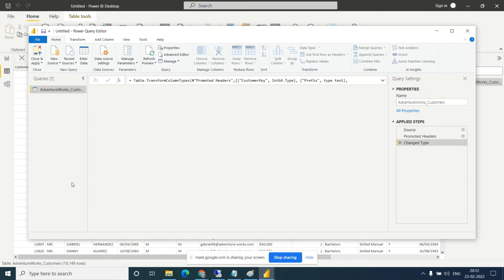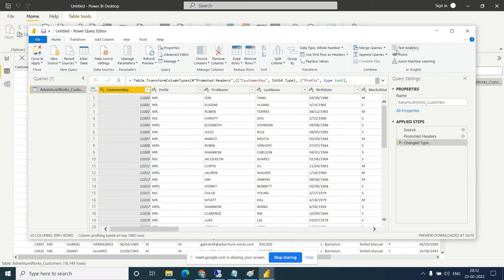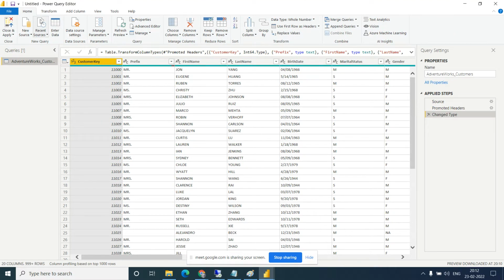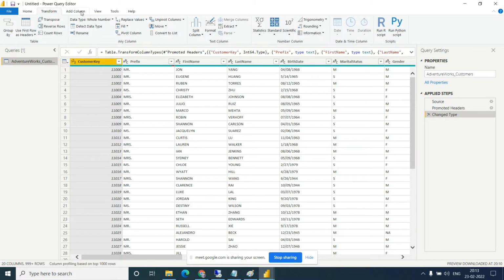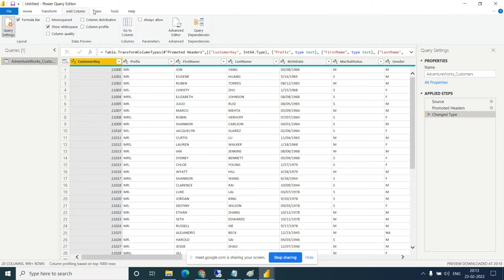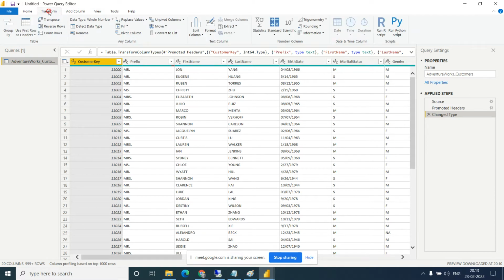Can you see this new window come? Okay, a new window came. Let's make it full. So we got this window. This is the Power Query Editor interface, where we perform all the data transformation. Now we will see each and every tool, what menus are available: what is in the left side menu, the right side menu, the top, the features in Transform, Add Column, and View. We will see one by one.